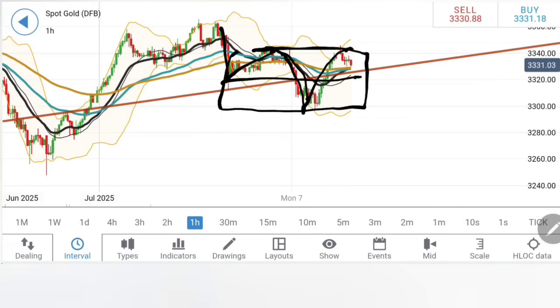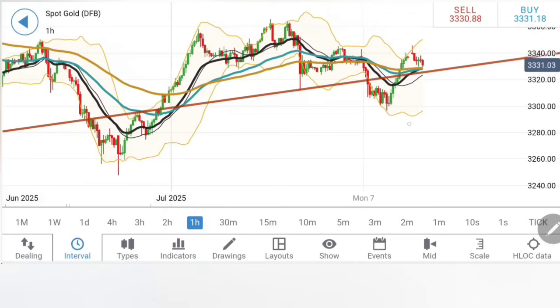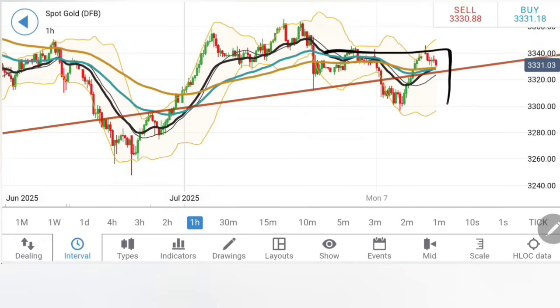Now remember, this will nullify if gold trades above 3350 and then 3360. If these two levels are taken, this is a reversal. Beyond 3360, do not think of selling gold here. We can look forward to a greater rise all the way towards 3376, 3384, 85, or in fact 3400. But right now what I do see is a sideways box movement where the price might again head